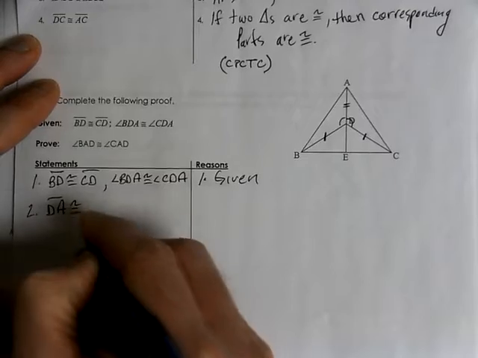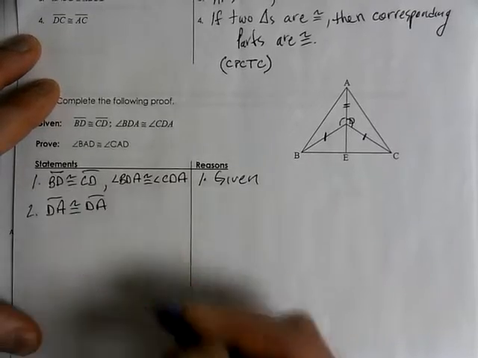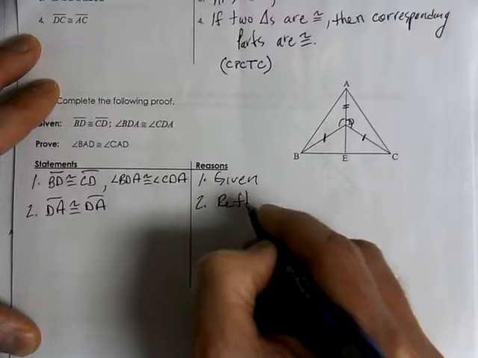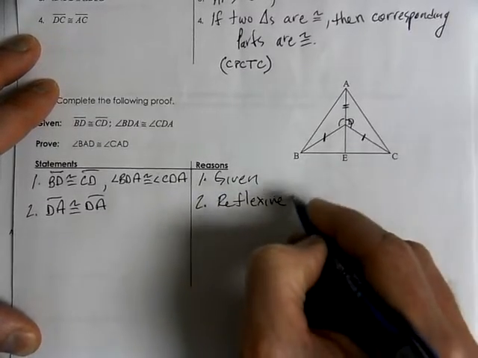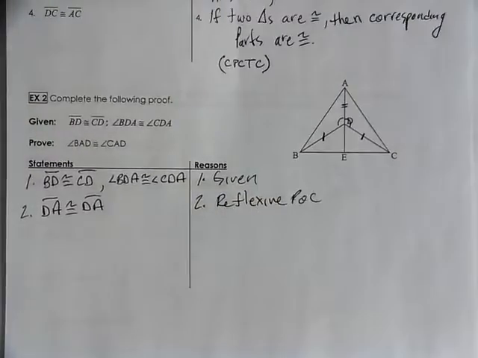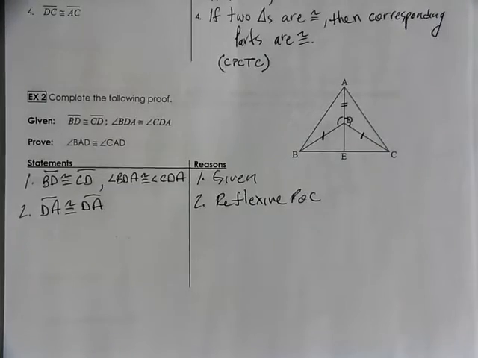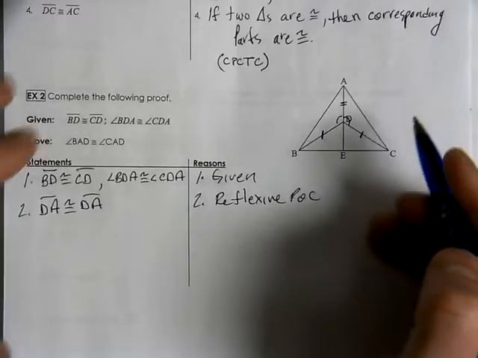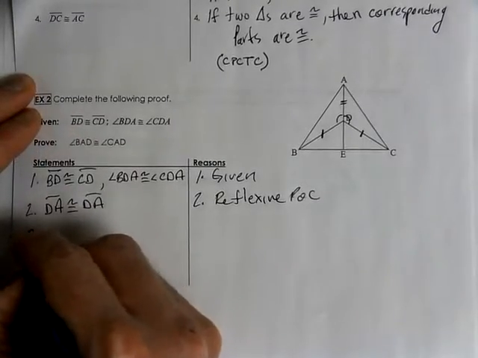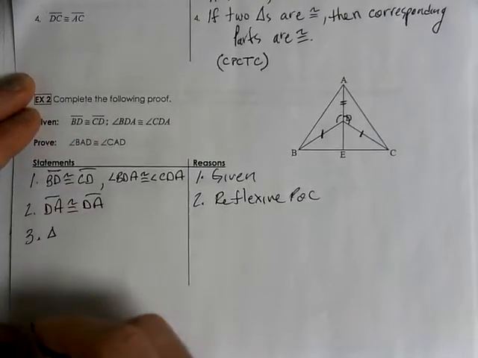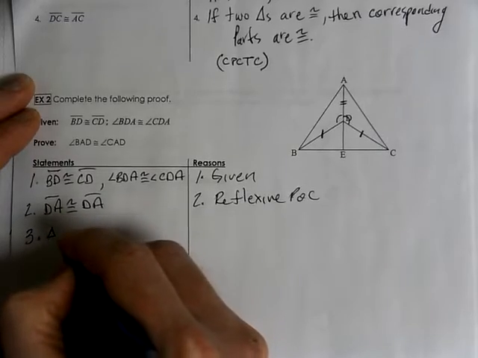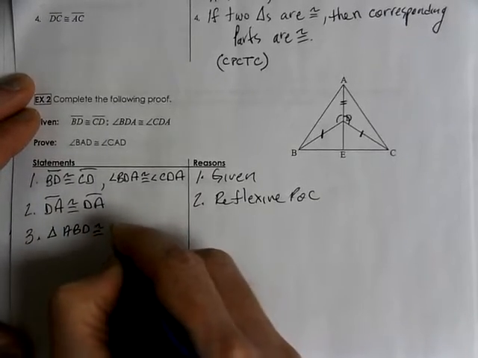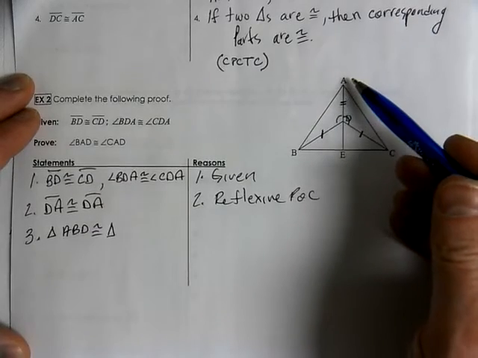DA is congruent to DA. And that would be a reflexive POC, property of congruence. Now I have side, angle, side of each triangle. So I'm ready to say that my two triangles are congruent. That triangle ABD is congruent to triangle